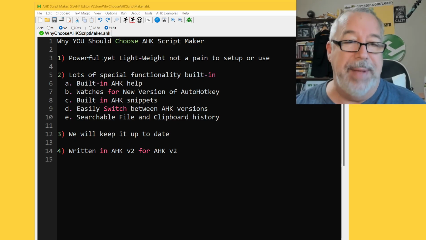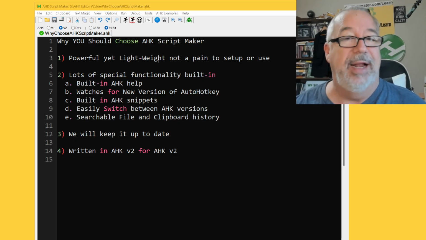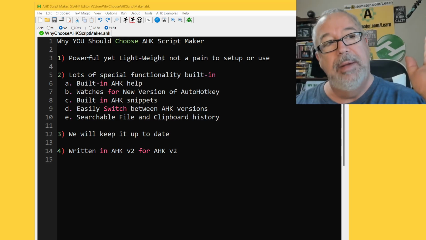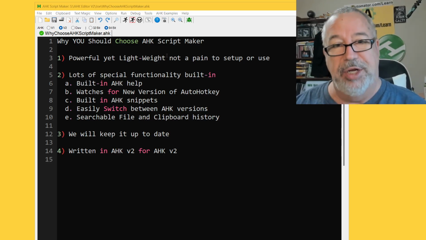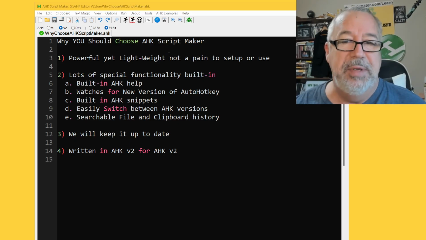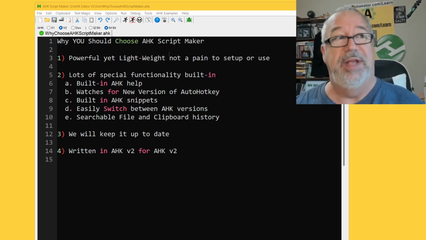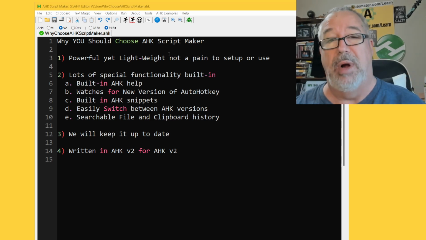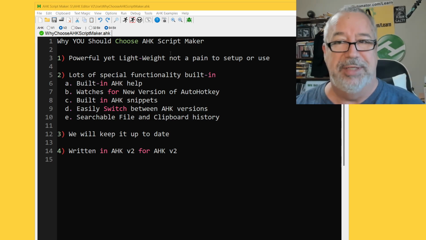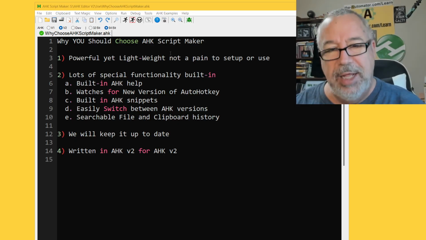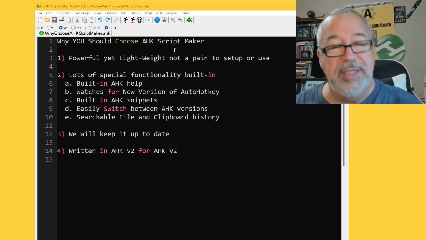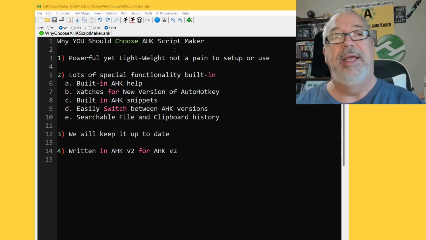First off, it's very powerful, yet it's really lightweight. It's not a pain to set up. Most of the stuff is by default enabled and ready to go for V1 or V2. VSCode is a phenomenal editor. We have a great course on VSCode, but it's really the Ferrari, and sometimes you just want your Toyota to go to the grocery store, right? This tool is great. It does have a debugger, it does have advanced functionality, but it's not a pain to